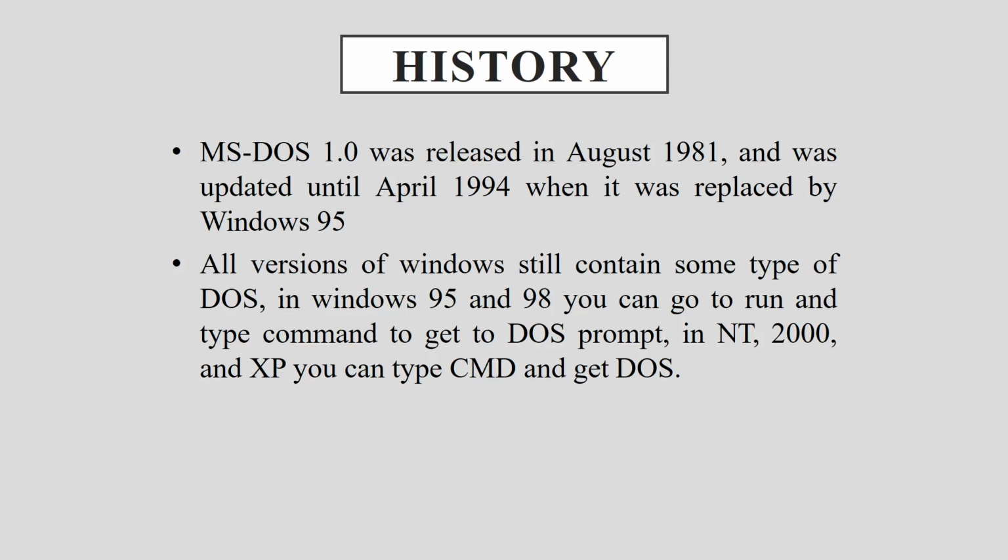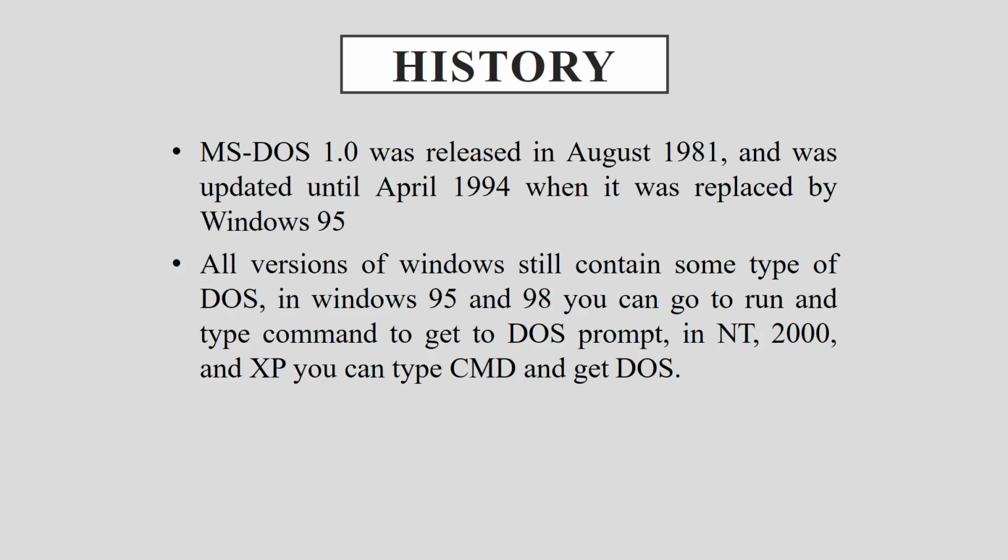Have you tried using Windows 95 in your junior high school years or senior high school years? And how will you compare it to the latest operating systems? Me, in my case, I had used Windows 95 in my high school years, and it's very different from the latest operating systems